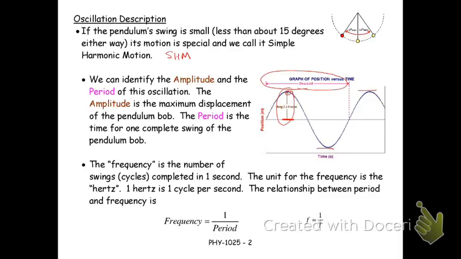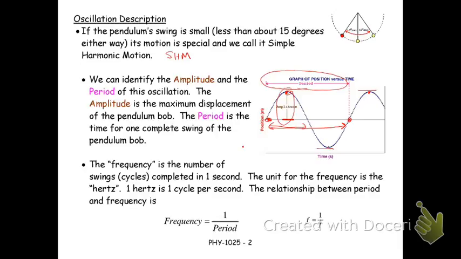Then the period is the time for the repeating. Now, you can say from the positive maximum to the positive maximum, or you could say from the negative to the negative extreme, or you could say from the middle, but you've got to say the middle going upwards to the middle going upwards. And the most common mistake is people will say that's the period because it's from the middle to the middle, and that's not the repeat. It's from the middle going upwards to the middle going upwards, or the middle going downwards to the middle going downwards. Your amplitude is measured in meters, your period is measured in seconds.